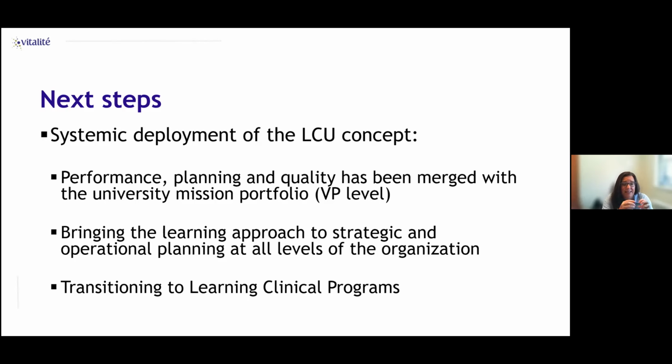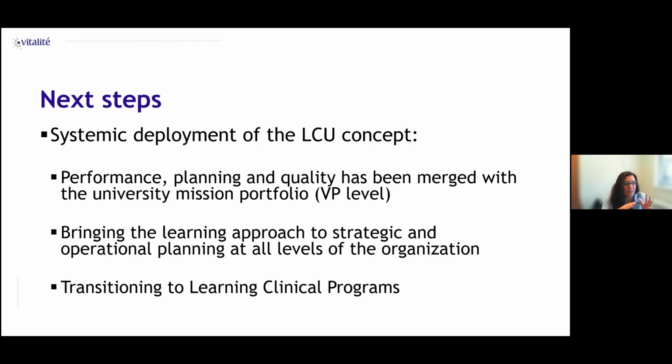And I think it's to see that continuous improvement that's fueled by evidence and that leads to higher quality, and building that momentum by having these sectors work together closely, and to bring the learning approach at the operational planning level and the strategic planning level throughout the organization. So bring this approach of functioning as an LCU, but actually as an approach as we function in managing our healthcare